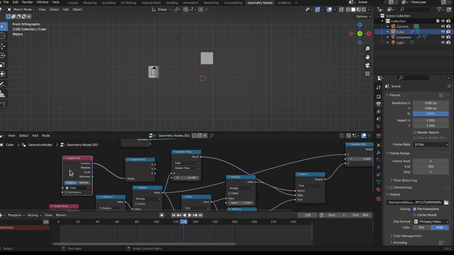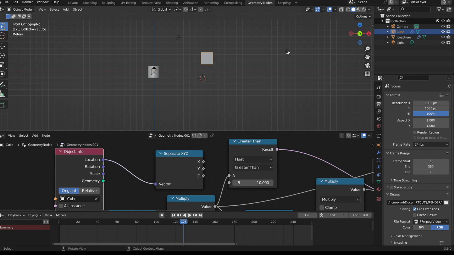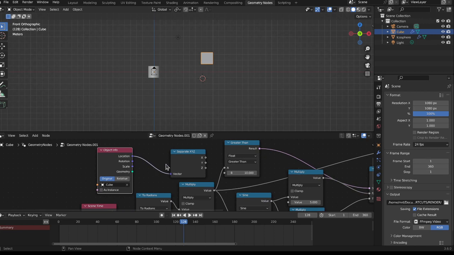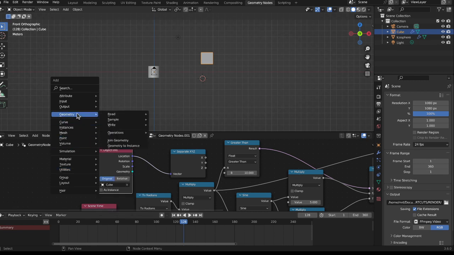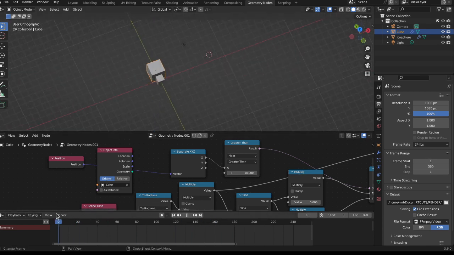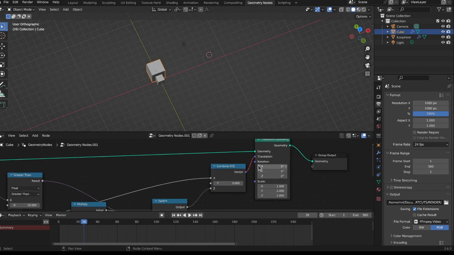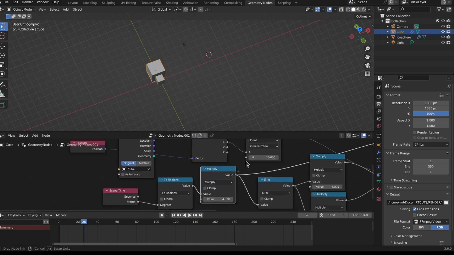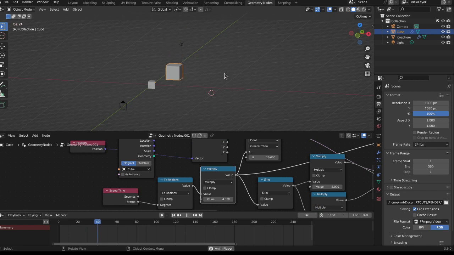So I couldn't get here the object info because the object info is this object info. The position node, I think in this case position nodes should work actually, but it probably didn't get the position of each vertex. If I put it here, nothing happens, it just stays here. It just fails because here is the red one. So no, let's keep it here, and the same value